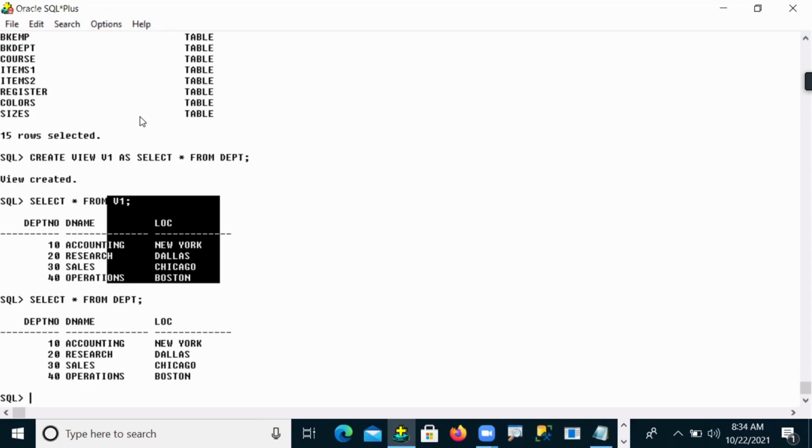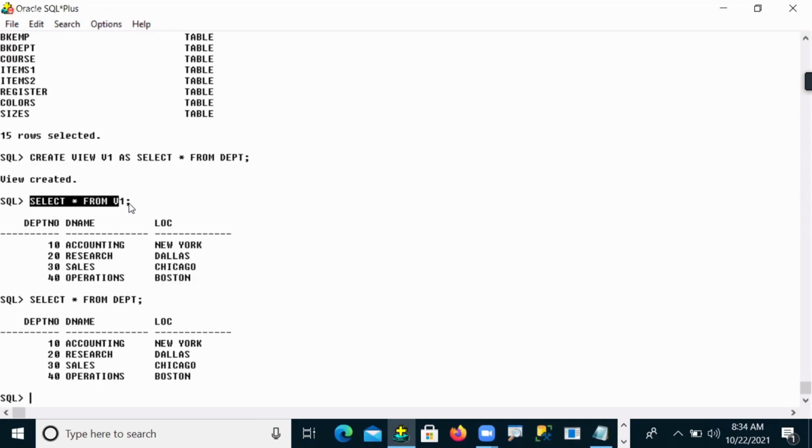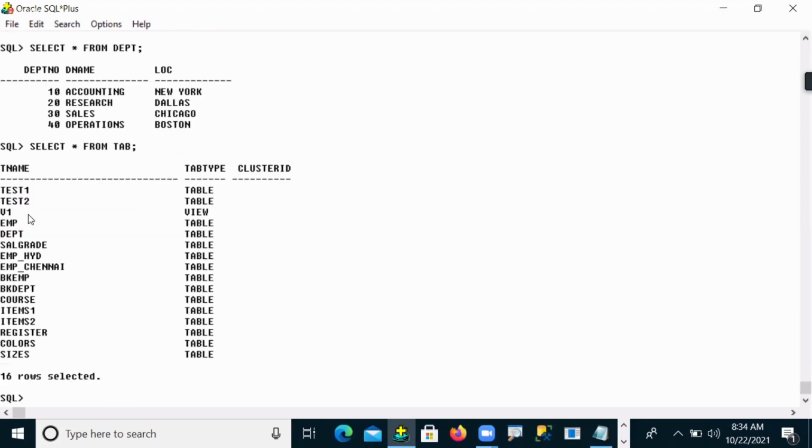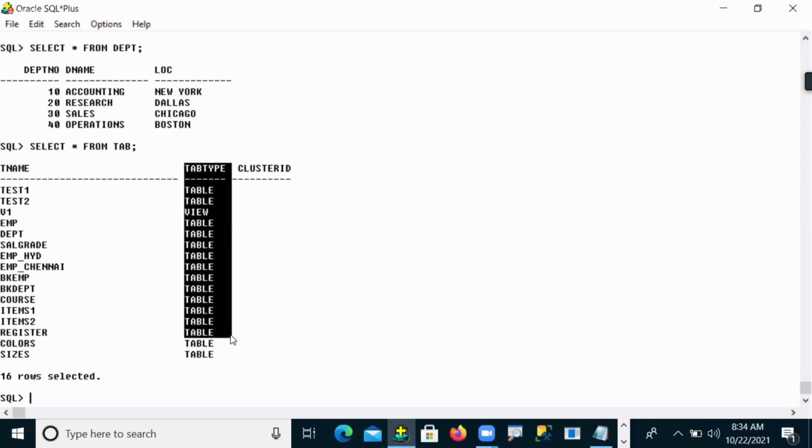But here we are just going to be accessing that. Okay, fine, sir. So we access it. Now after the view creation, you can go to the tab list. In the tab list, can you see what view one is? What is it showing, guys? Is view one a table or a view? Your tab type. With the help of the tab type, you can understand whether it is a table or a view.